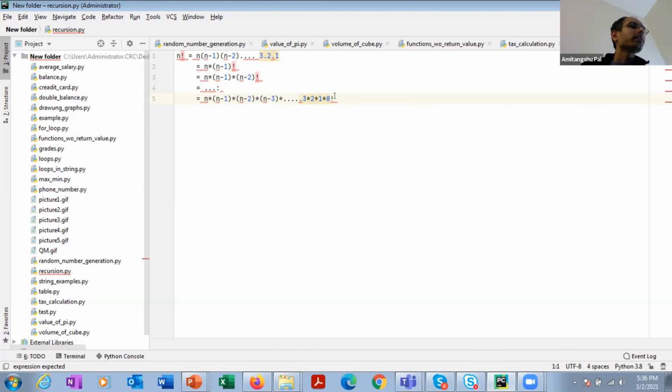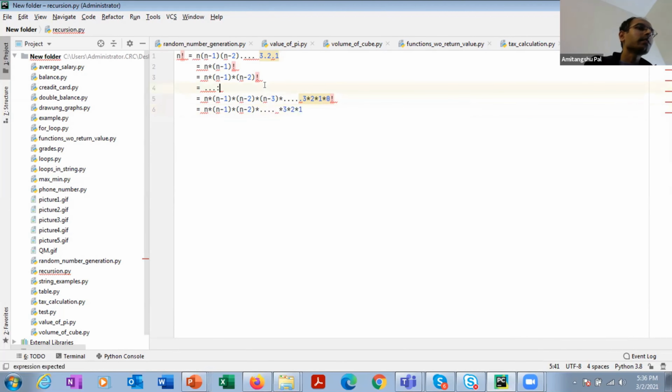And what is 0 factorial? 0 factorial is equal to 1. Okay. So then you will get n multiplied by n minus 1 multiplied by n minus 2 multiplied by 3, 2. Okay.